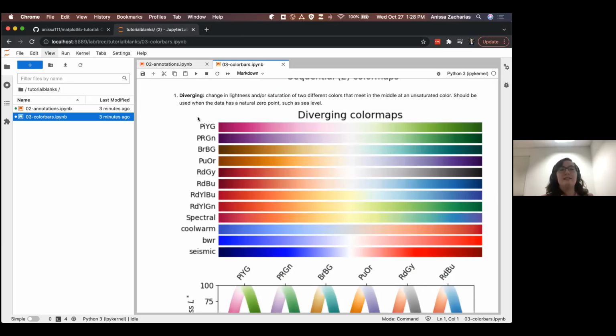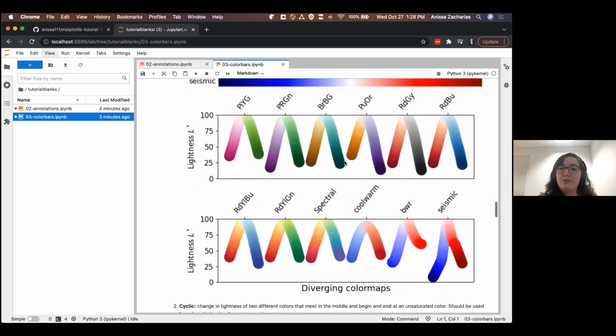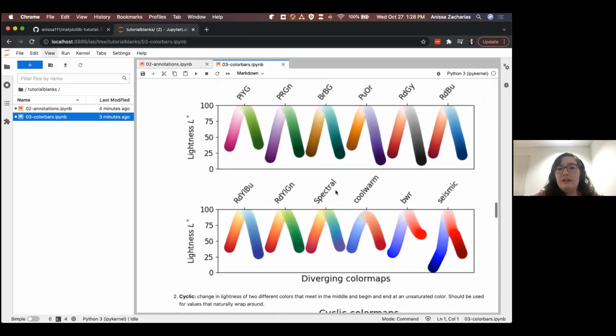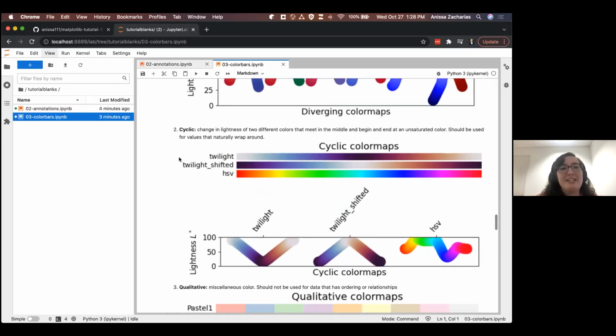Like if you have data below the sea and above the sea, anything where a 0 is not necessarily just a diverging point but is contextually important for the data. And here are the lightness maps for these up here. They're just cool. So the next one, as I mentioned, cyclic color maps, which is a change in lightness of